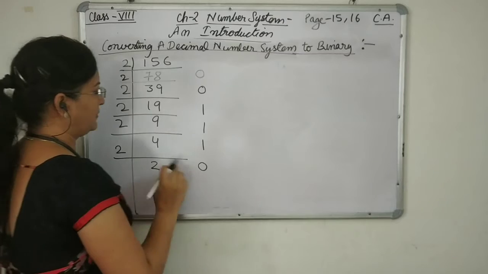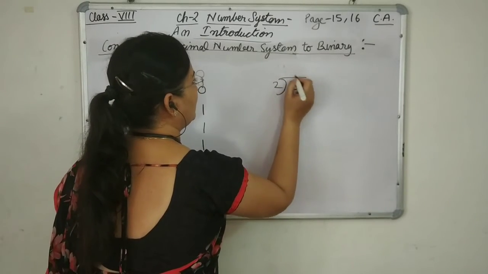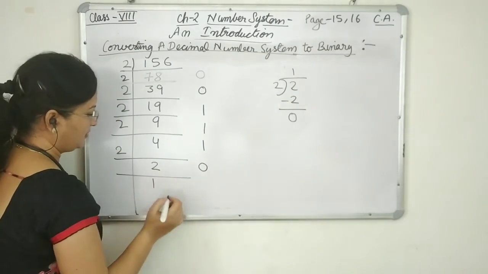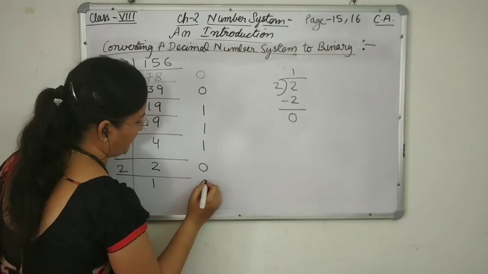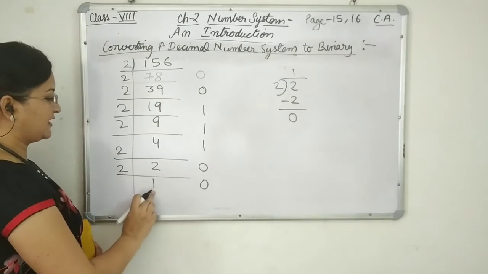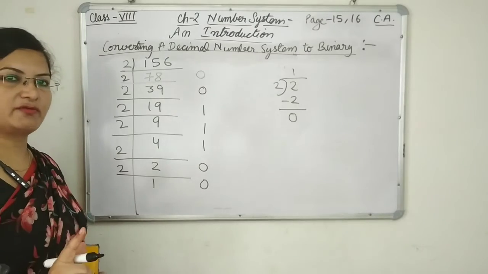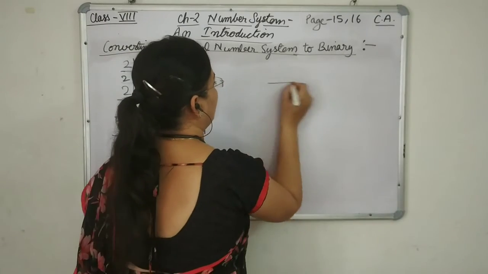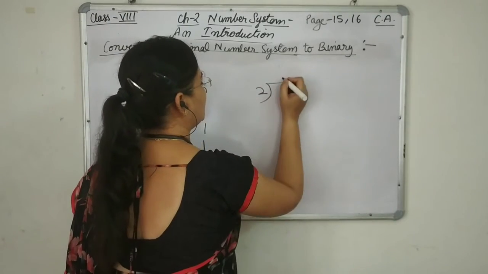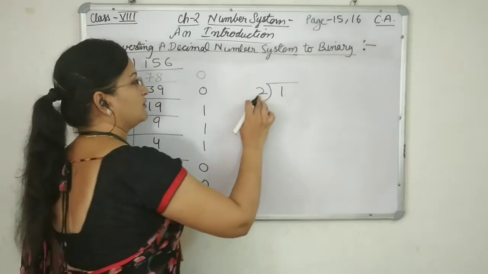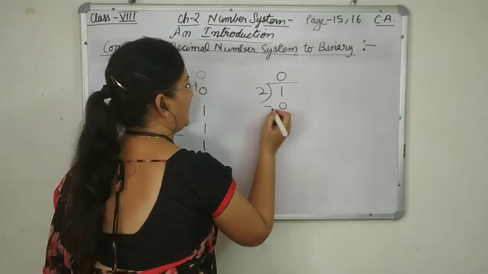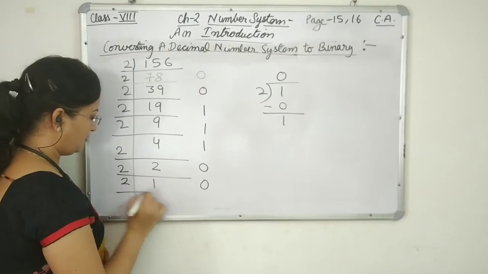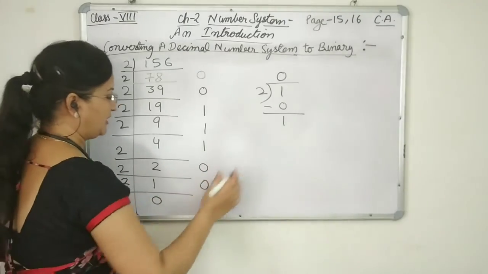Now we divide 2 by 2. 2 ones is 2, remainder 0. So we write the quotient here and the remainder here. Now again, as I said, the last step: 1 you have to divide by 2 and write 0. That means dividing 1 by 2, 2 ones are 2 is not possible. We use 2 zeros are 0 and the remainder is 1. So you bring 0 in the last. Write 0 as the quotient here and remainder 1 here.